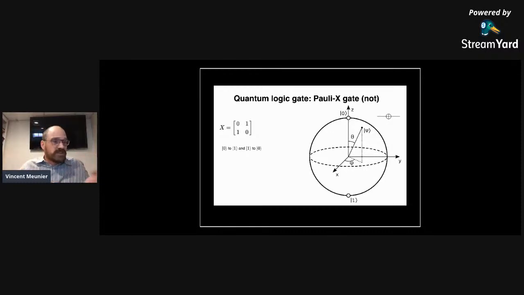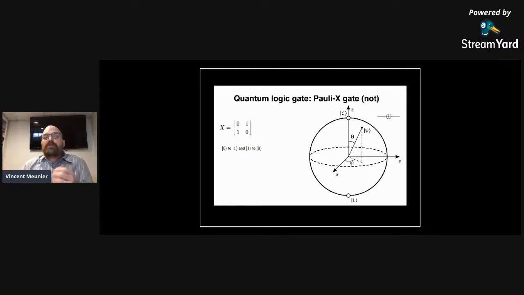Just like we work with operators in physics in general, we can also use operators here. And there are different operators that can modify the state. I'm just showing a few of them here. The Pauli X gate, which is a NOT gate. You can see the effect of the NOT gate on 0 and 1. If you have a state that's in 0, the operation of the Pauli X gate will transform it into 1. And if you have a state that's in 1, it's going to be transformed into 0. You can see that very easily. Basically, it negates the state, and if it negates the state, it's called a NOT gate. So this is the basic gate that you can use.